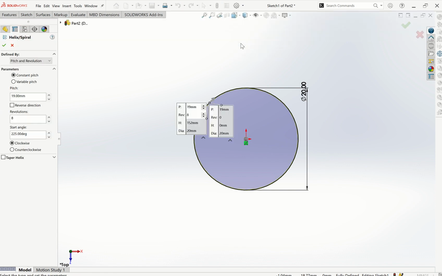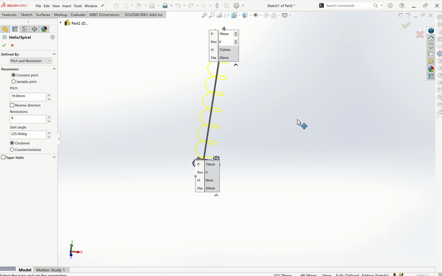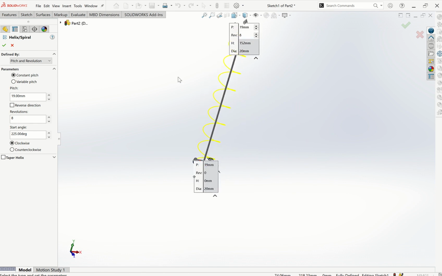Once you've got your circle, green tick, then you go up to the top, features, curves, helix and spiral. And this gives us this helix now going up. That'll give us the shape of the spring. Now you can change it about here. You can have a constant pitch or a variable pitch. It's usually constant. Your pitch you can change to make it a tighter spring or a looser spring. I'm going to go with about 10